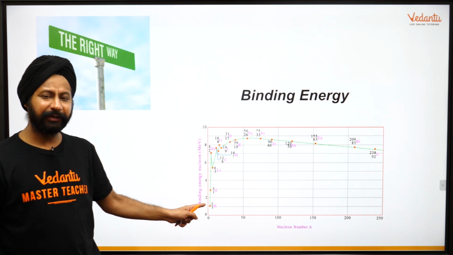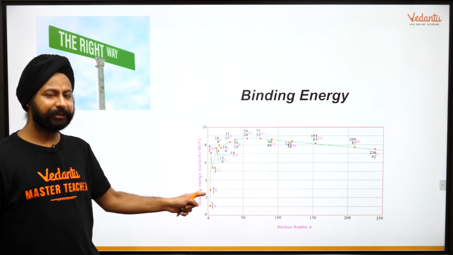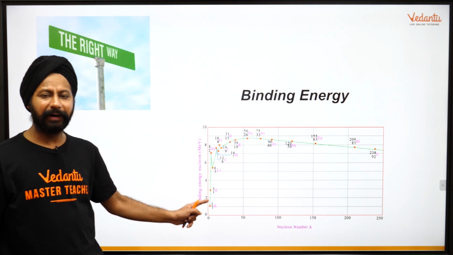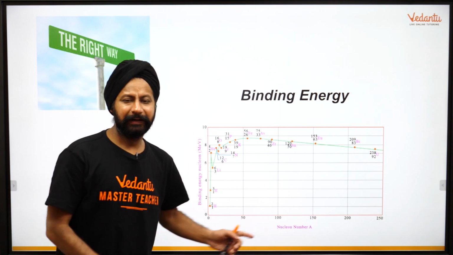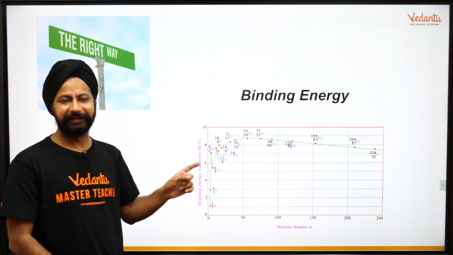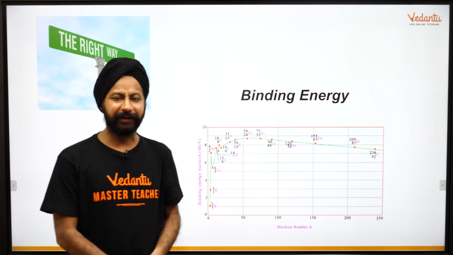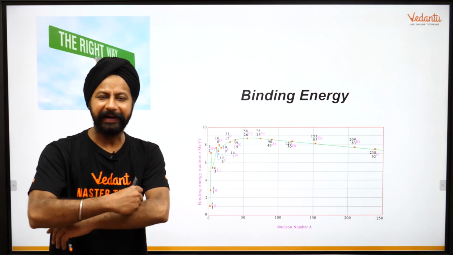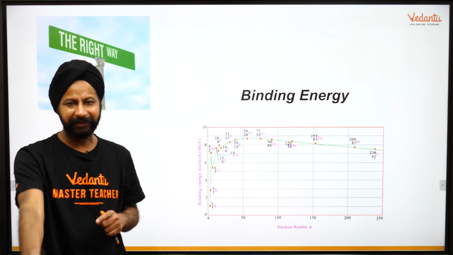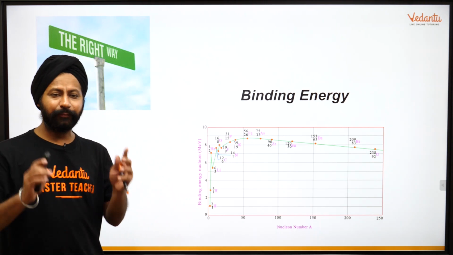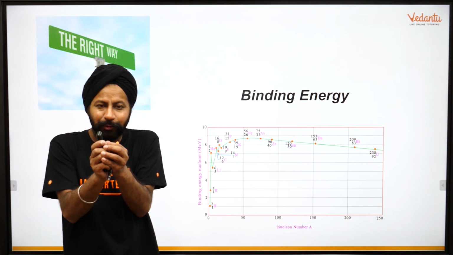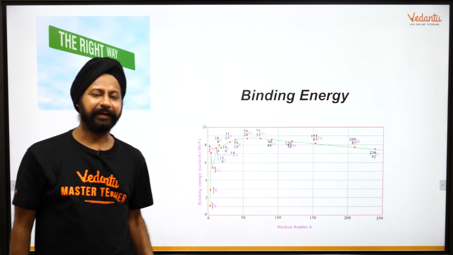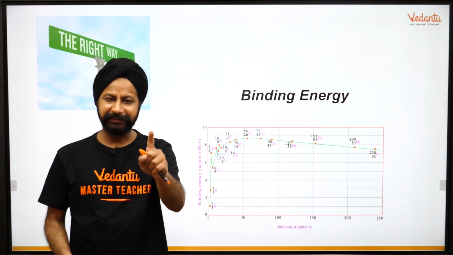At the bottom here you have tiny little atoms, hydrogen, helium and all that. But the main thing to understand here is as the mass number increases, the binding energy increases. More the binding energy, more the stability. अगर नहीं समझ में आता, there's a family here, the closely knit, the more binding they have, the more stability the family has. Think about that way. So if they have more binding energy, they're bound together closer with more force now, and it's really hard to break that family. So more the binding energy, more the stability.